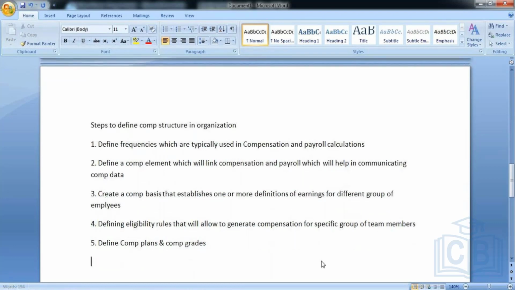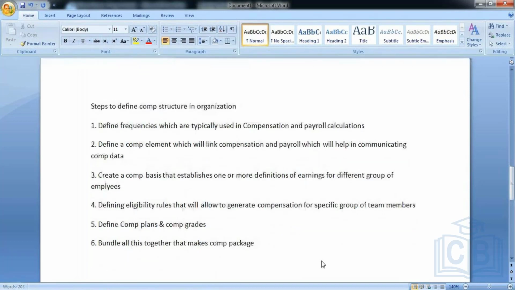Once I have comp grades, bundle all this together. That makes the comp package. So these are all the six steps that you'll typically follow whenever you're building a compensation structure in your